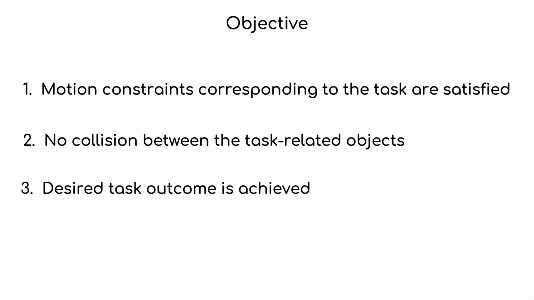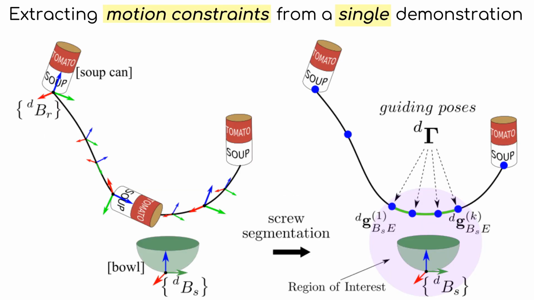Since we are aiming to generate manipulation plans for objects of different geometries than those used in the demonstration, we need to consider three key aspects. Motion constraints corresponding to the task are satisfied, there is no collision between the task-related objects, and the desired task outcome is achieved. The first aspect of satisfying the motion constraints is achieved from our previous work, which this work